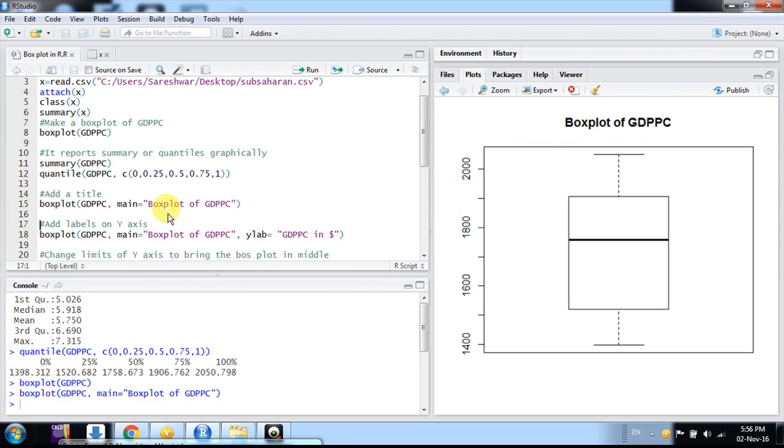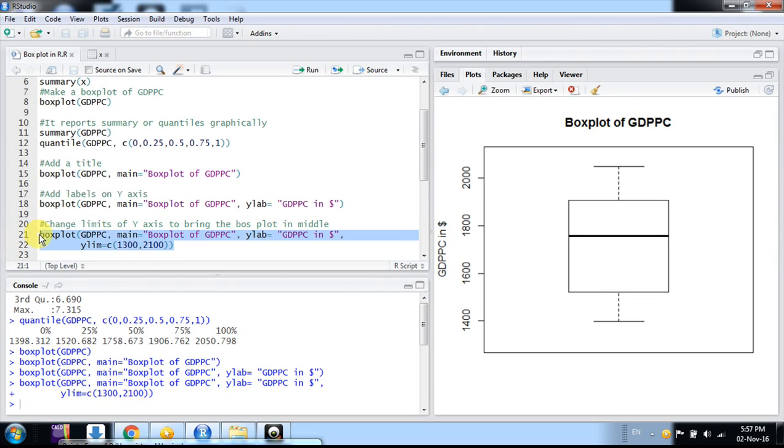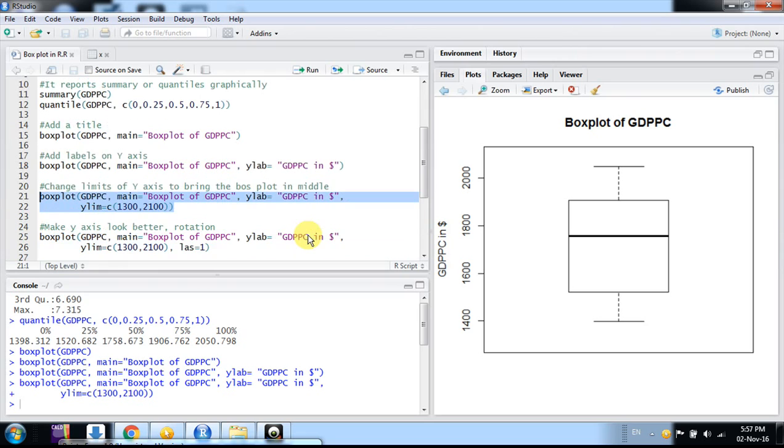Similarly, we can add a label, the same commands as we use in any plot in R. One more argument, ylab, and suppose we want to make it more centered, so we can change the range of these variables. Right now it's 1400 to 2000. We can change it by using the ylim argument, giving its values. So it comes to the center.